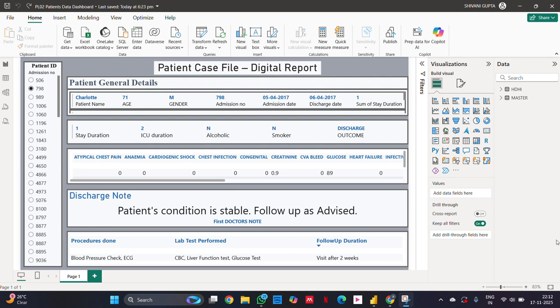Moving ahead, I have included a section on whether the patient is a smoker or not, and alcoholic or not. These factors directly influence the diagnostics and the treatment decisions in the hospital. Such information is always written in a discrete manner rather than visually, so I have followed the same